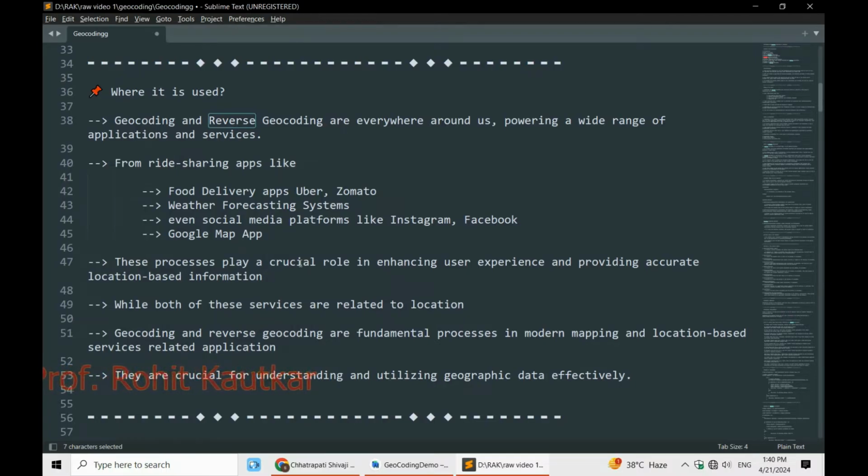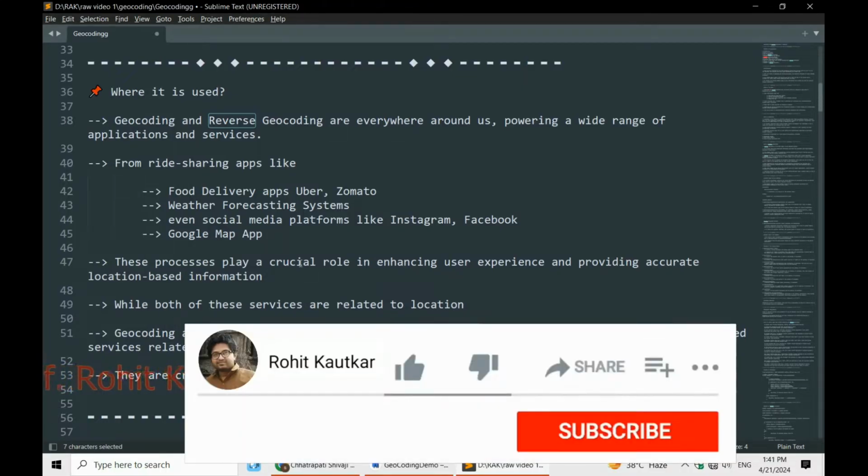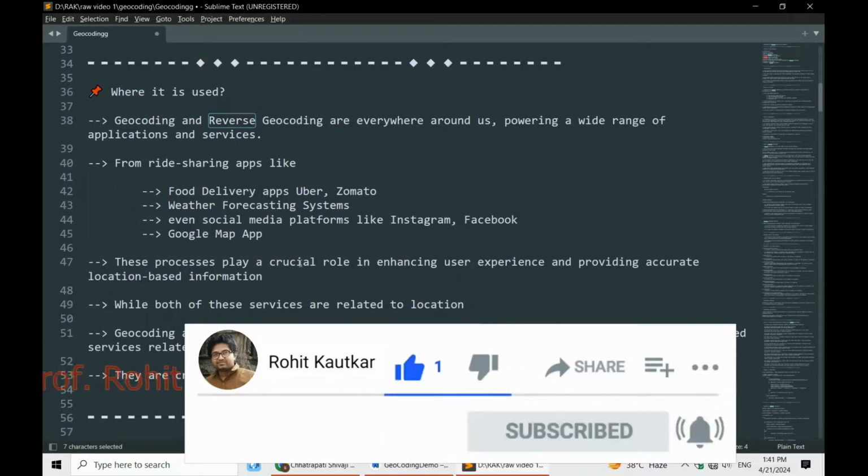Okay, now where is it used, which kind of applications are using this concept? So food delivery applications, we might be knowing Uber, Zomato, etc. Weather forecasting systems, even our social media applications like Instagram, Facebook and Google Maps applications. All these various types of applications use the concept of geocoding and reverse geocoding. So why are these applications using this concept? For enhancing the user's experience and providing accurate location based information to the user,